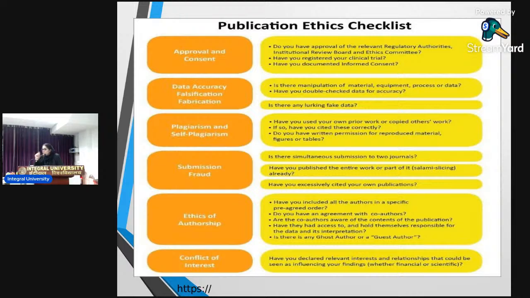Yes, you are going to be the first author because you have executed most of the work, right? Your guide is going to be the corresponding author because the guide has conceived the work, and both of you have written the manuscript together and analyzed the data, right? So authorship is decided on the intellectual contribution that one makes in the work, isn't it? The order of the authorship should be pre-agreed.